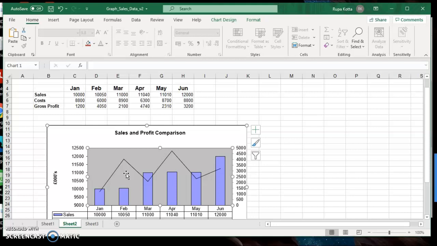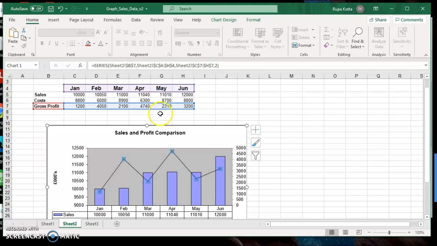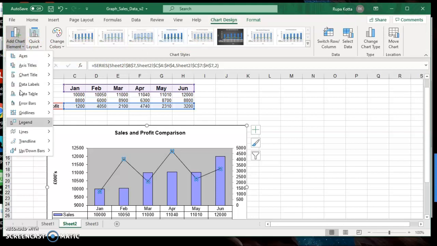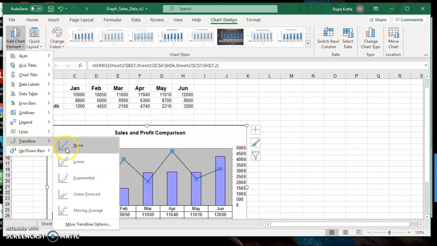Okay, so let's see how to draw the linear trend line. They only want to draw the linear trend line for the profit figures. So again, select this profit information, which is your line, the profit line, and to add the trend line, you need to go to this section over here which says Chart Design. Click on that, and then we have a section over here called Add Chart Element. Select this trend line, and they want to add a linear trend line.